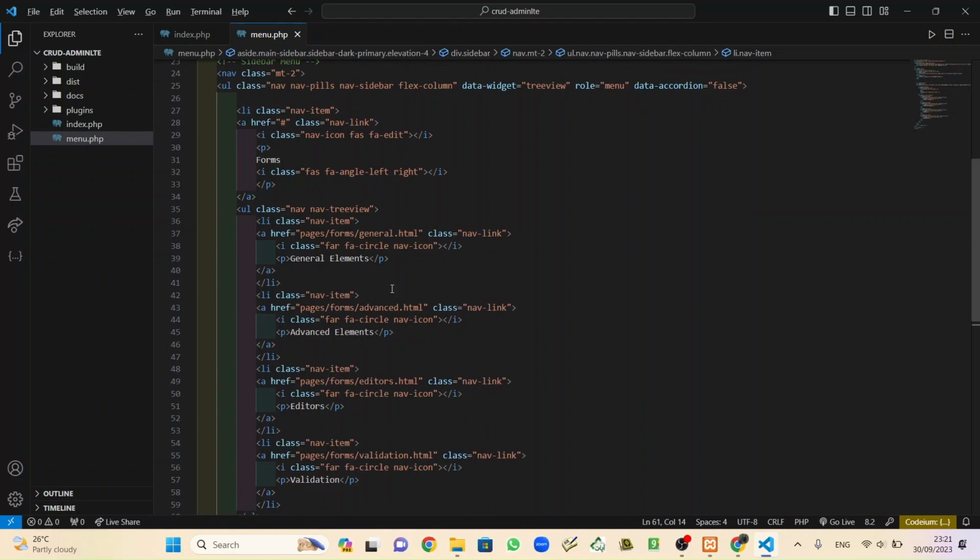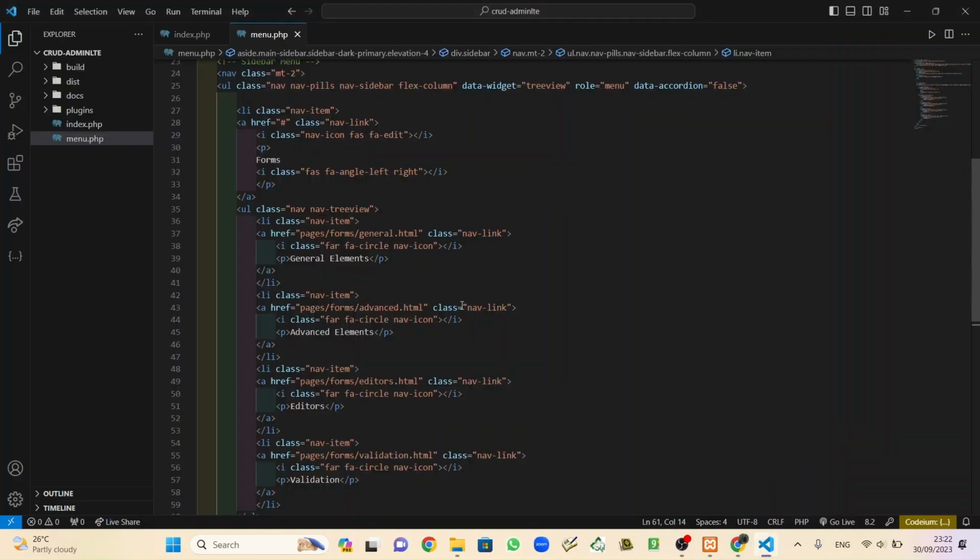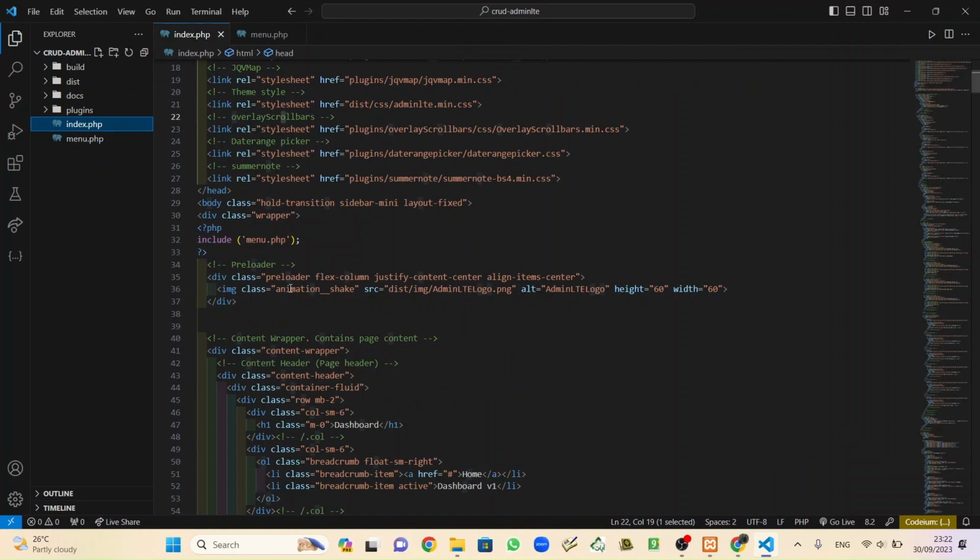Save. Check the menu and how it works. Okay, that's it. So the menu now has just one thing, forms, and we will also edit this later after we remove this thing. And back to the VS Code. Back again to the index PHP.